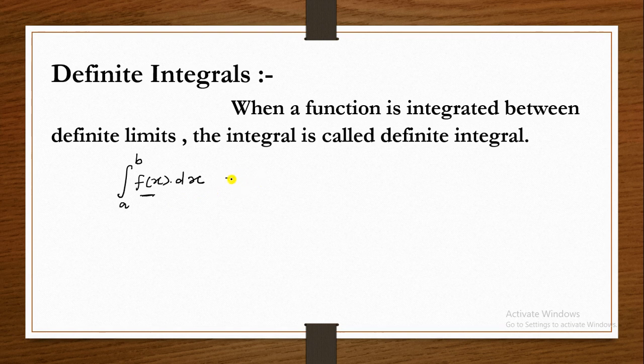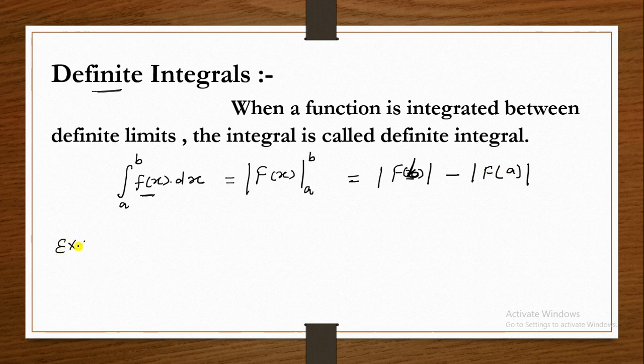So for the solution, let us consider the integration of the function f(x) is capital F(x). First you write the lower limit and upper limit. After applying the limits, here we do not use a constant of integration. Why? Because this is a definite integral. So first you write the function, and for the upper limit the value of x is b. Here we put b, the upper limit, minus the lower limit a.